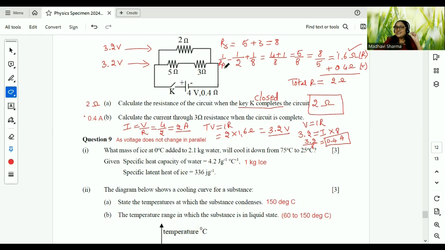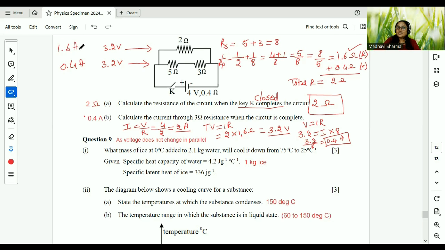Yes. In series, the current will not change. Voltage will change. Whereas in parallel, voltage will not change, but current will change. So 0.4 amperes will run, the current will run in this. Whereas, so if I do this, 0.4 amperes. And if I do here, suppose they ask this, then 3.2 divided by 2 is